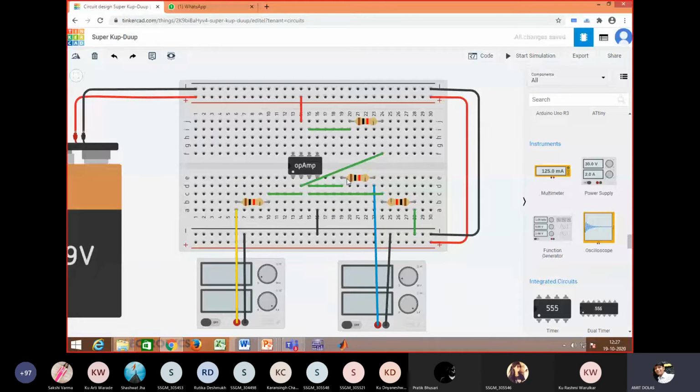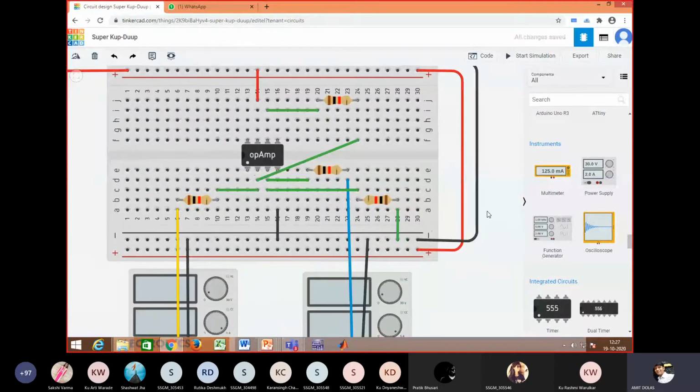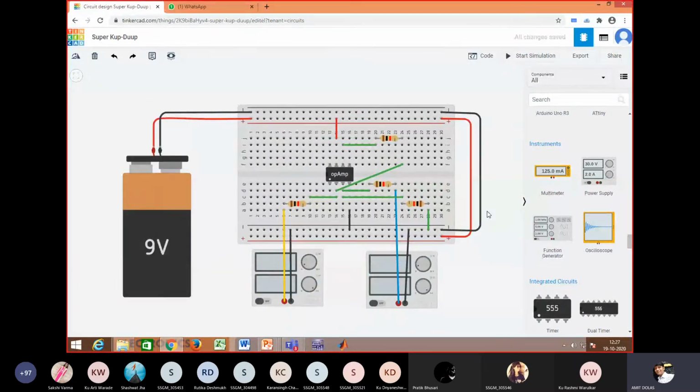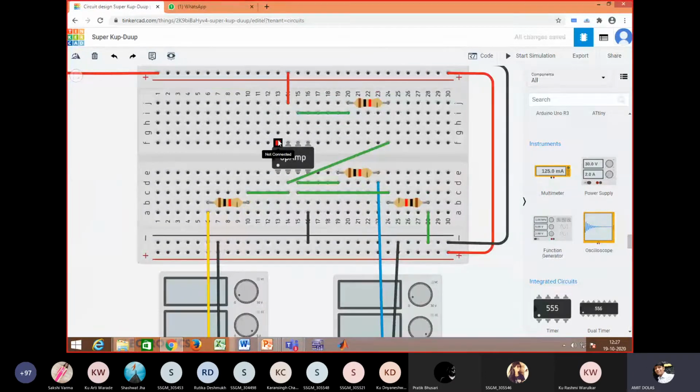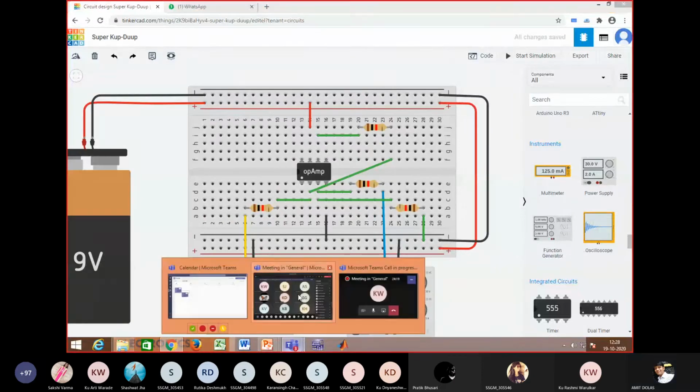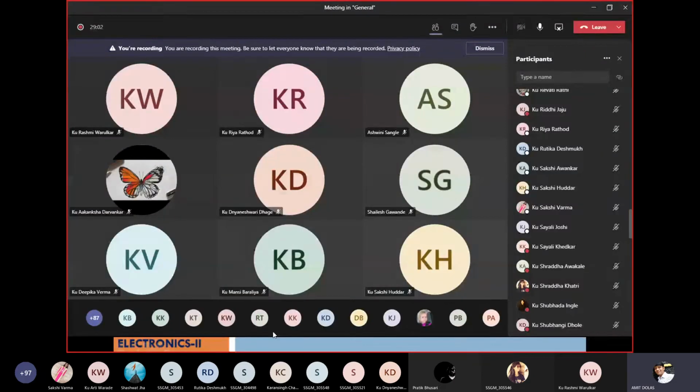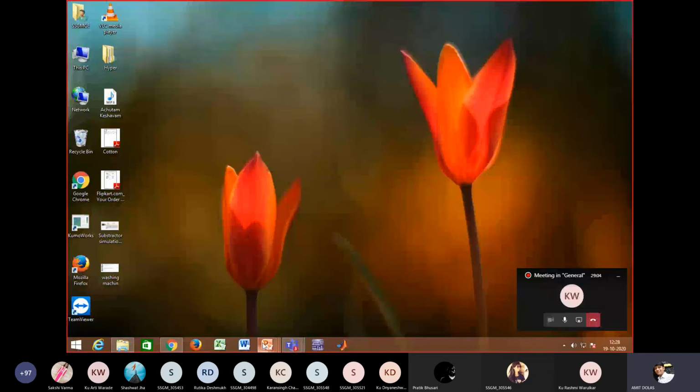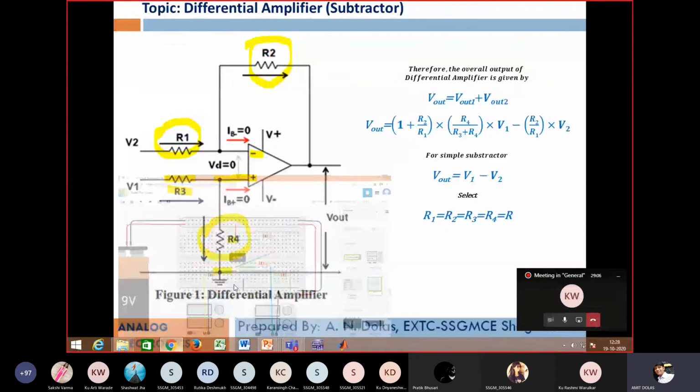Another resistance is connected in between pin number 3 where the source V1 is connected, and another resistance between pin number 3 and the ground. So the complete network is now ready with this op-amp IC, wherein pin number 8 is not connected and pins 1 and 5 are offset null, that we are not going to use. So the circuit is completed. Let's check the result.